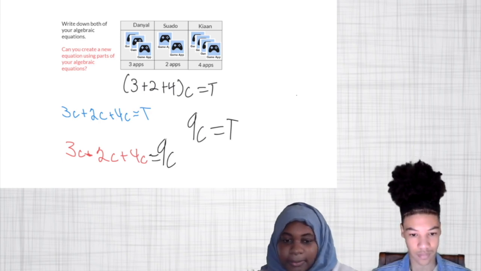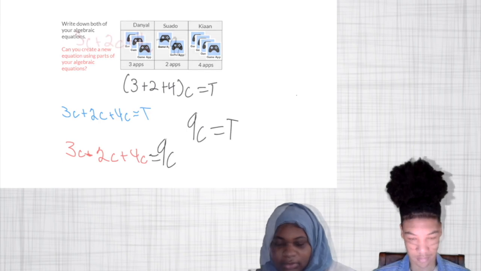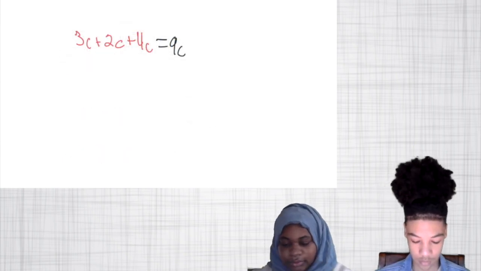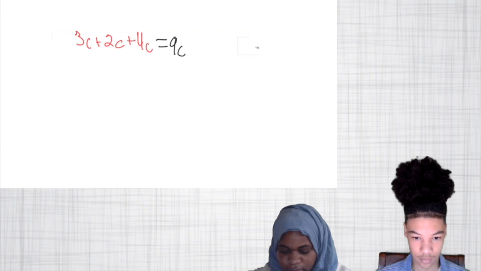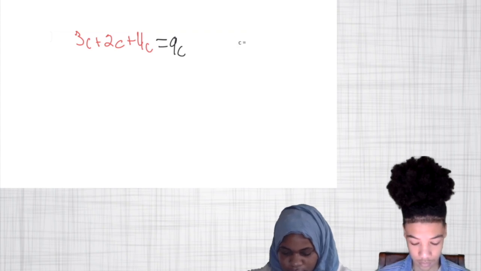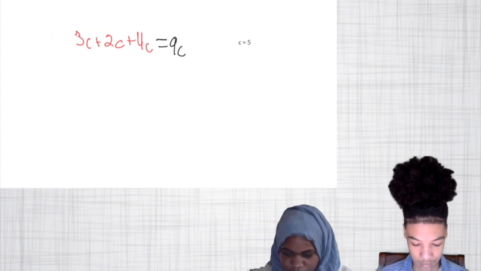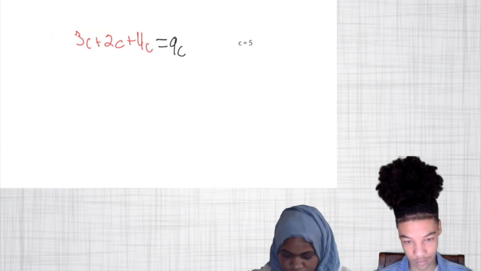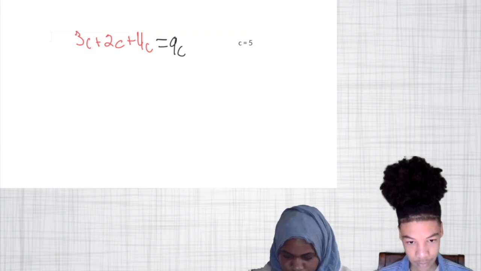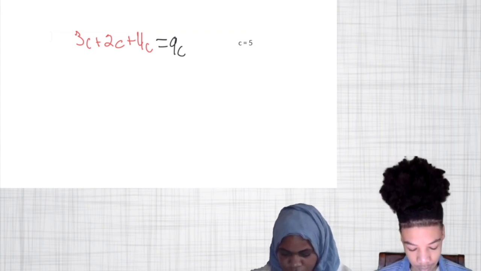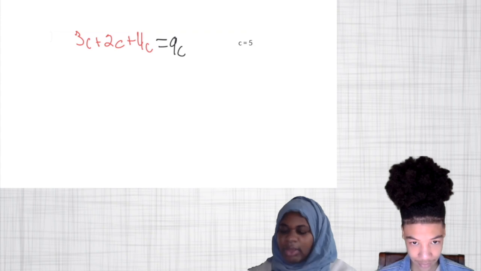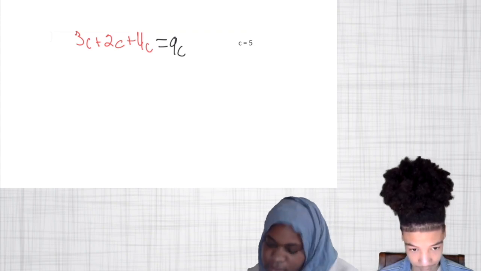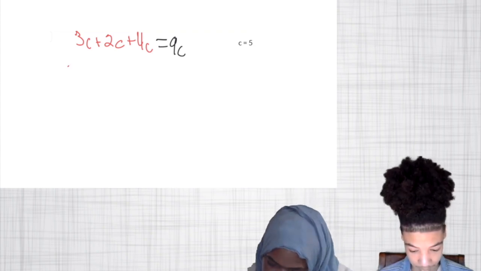I like your ideas, and we're going to test it. I would like you to use c equals 5. So that means that each app costs $5. And I'd like you to test that and see if it is true, if that equation works. Okay. So